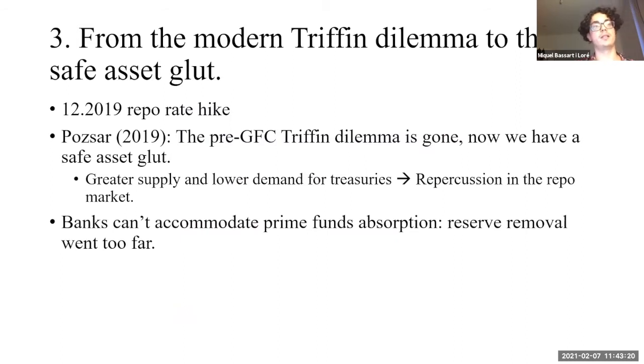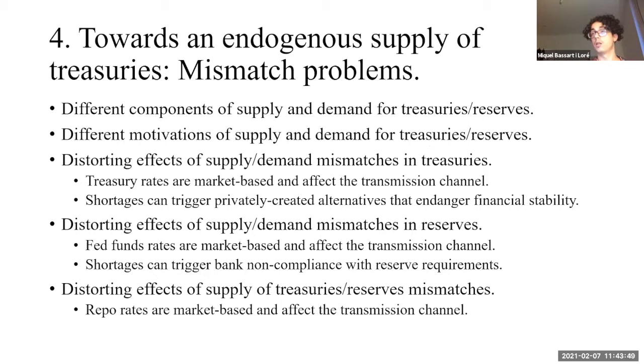Then we have in 2019 the opposite. We have an excess amount of safe asset that cannot be accommodated because it was at a time where the Fed was shrinking its balance sheet and the banks had a lot of restrictions given the capital requirements of Basel III. So this translated into price hikes in the repo market, which were quickly cut by the Fed reaction. So I would, what I think it sounds is